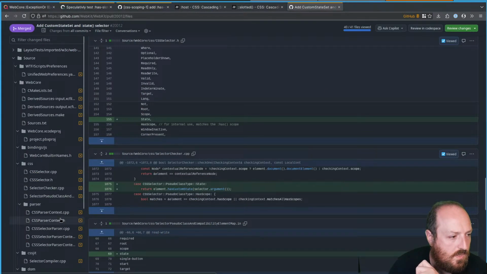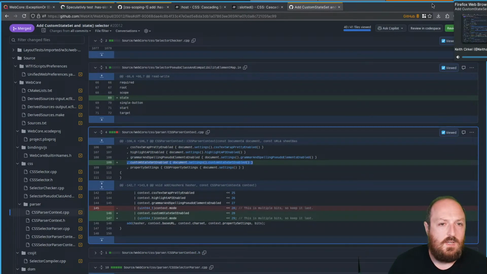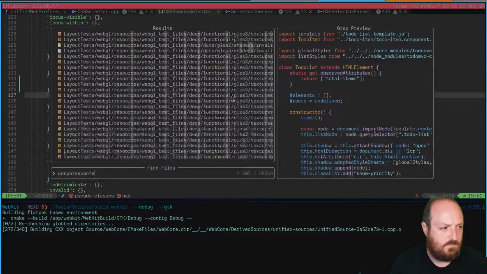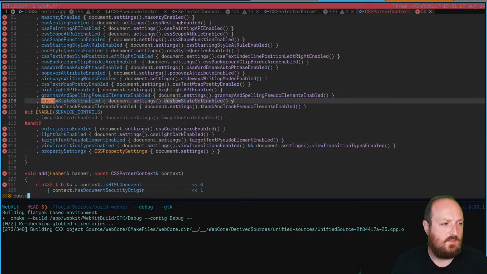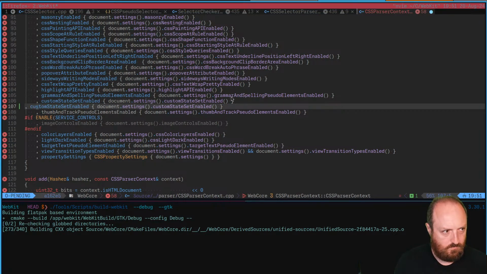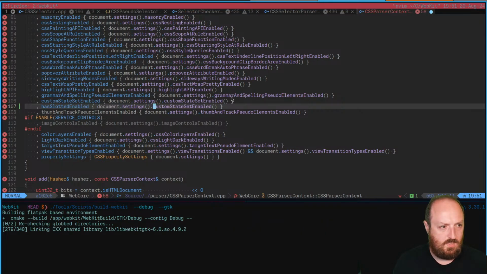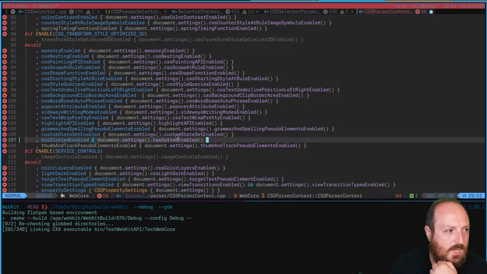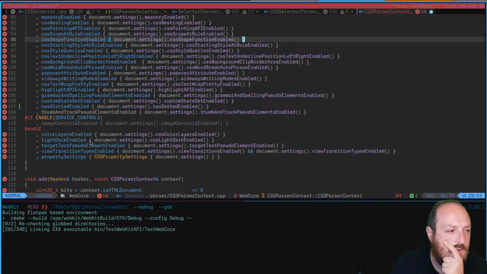So the parser context needs this additional flag. So if we go back and we go to CSS parser context, we need to say has slotted enabled. And then this is just going to say has slotted enabled. And this is the API for the feature flags within WebKit. And then we're just passing it on as a flag here. And then we're going to need to also